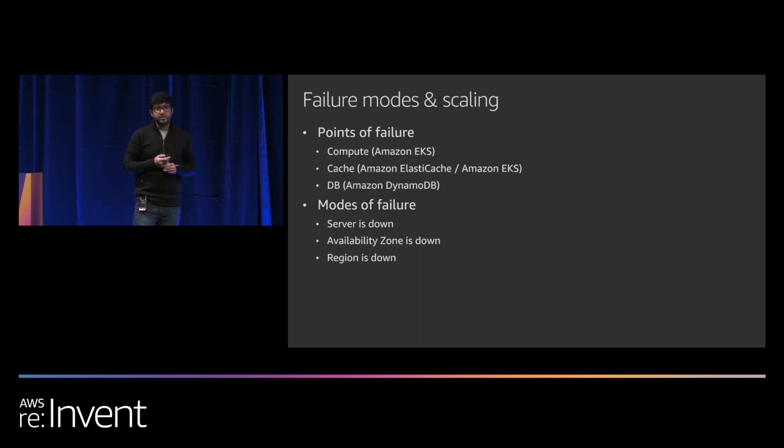So let's just talk about that matrix of issues. If a single instance goes down in, for example, our EKS cluster, the Kubernetes scheduler is just going to reschedule the pods on another instance, and we'll be fine. That's totally self-healing. And similarly, ElastiCache and DynamoDB will handle such instance failures pretty much automatically. Taking that up a notch, if a whole AZ goes down, again, we're not going to run into significant issues. Our EKS cluster is configured such that our pods are distributed across 3 different AZs, and so any given AZ having issues is not going to affect us significantly.